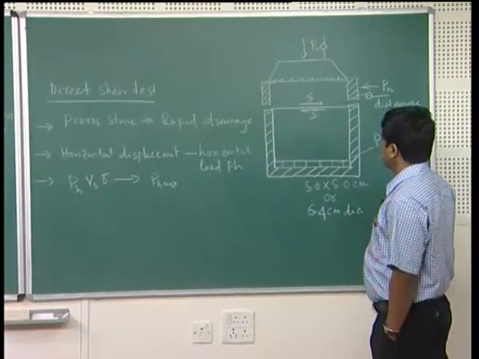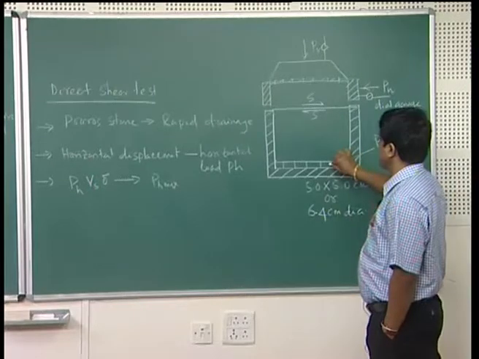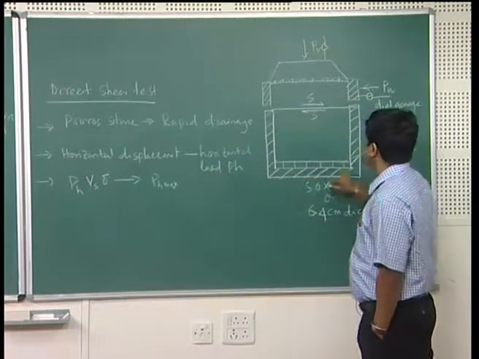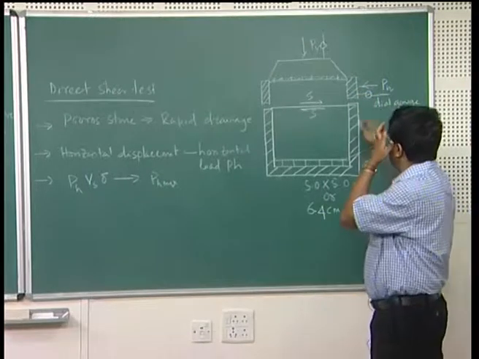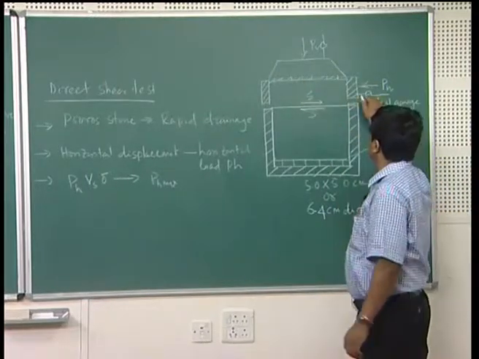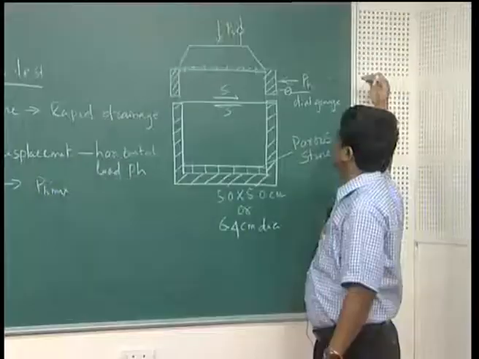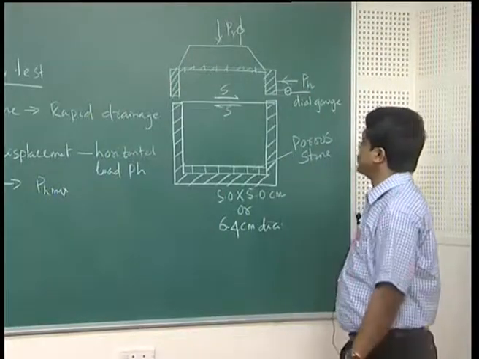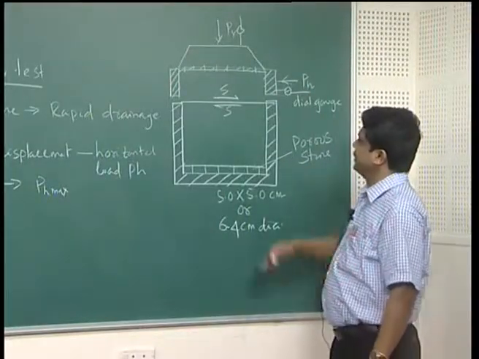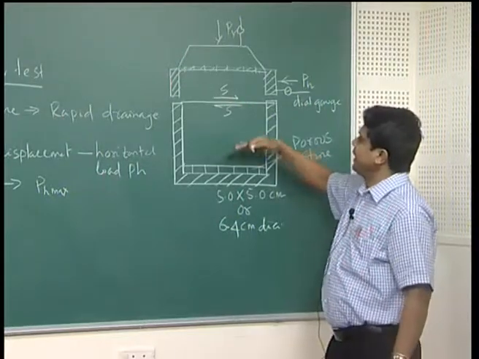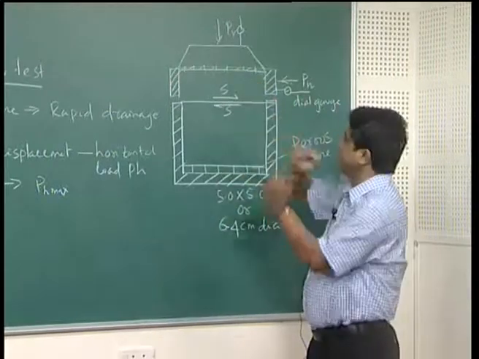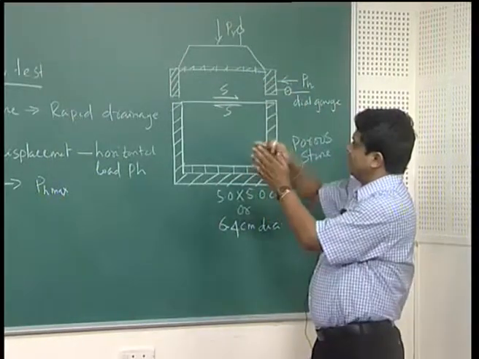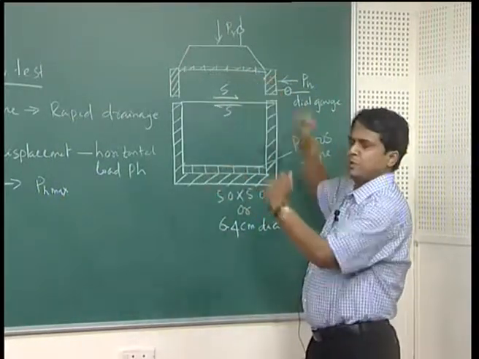With this shear box, the bottom has a porous stone. This part is fixed, and the upper part can be moved by application of lateral load. The soil fills the box, and half of the part will also be filled by the soil. The box can be separated into two parts.